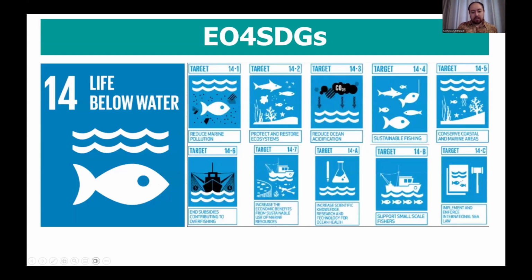So in essence, this project supports SDGs 14 and 15. This project is all about monitoring mineral resource extraction, as well as its environmental impacts on waterways.